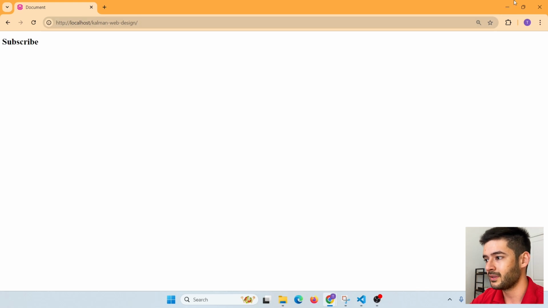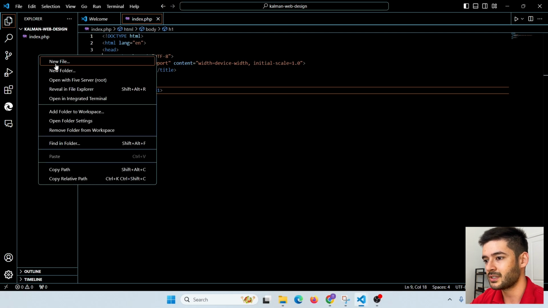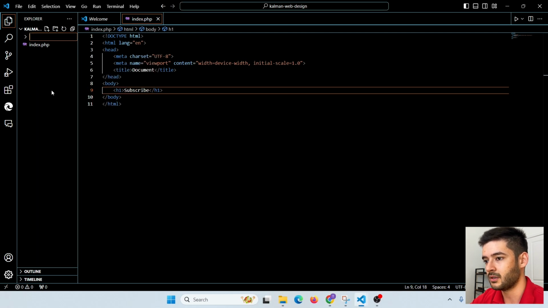Obviously, we want more than just this for our website, so what I'm going to do is navigate back to Visual Studio Code, and just like I would in an HTML CSS website,